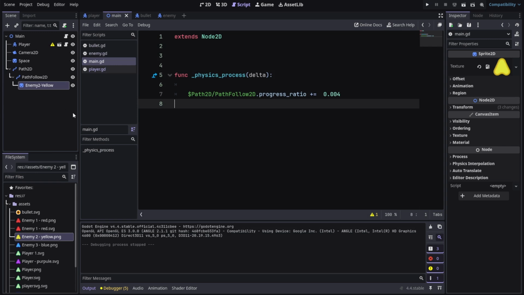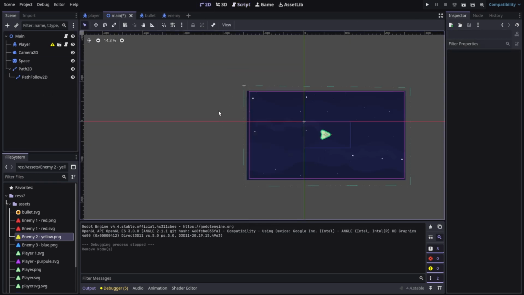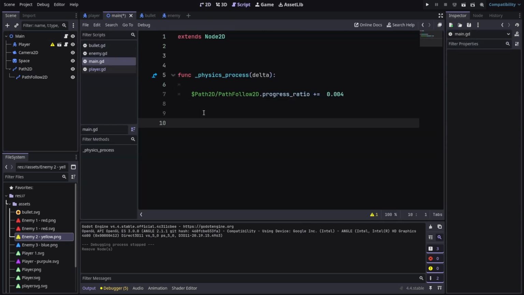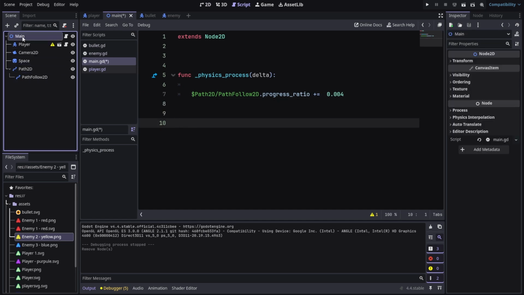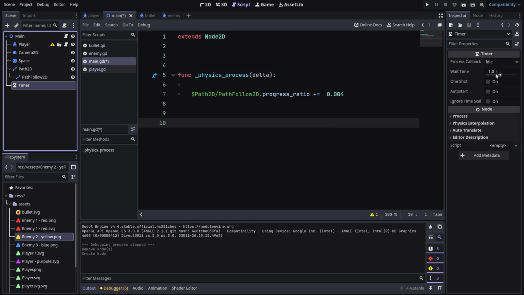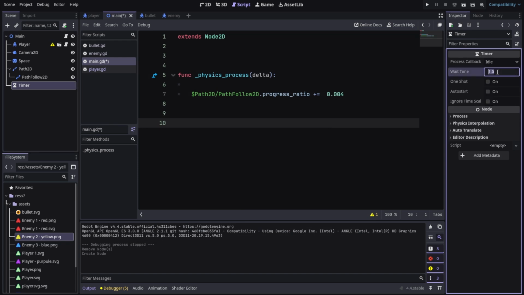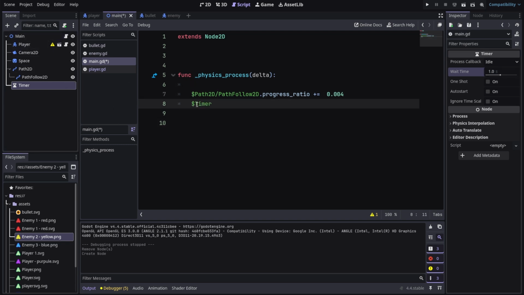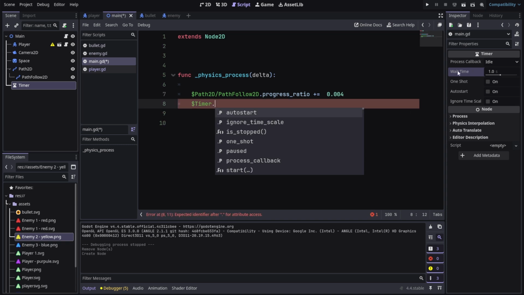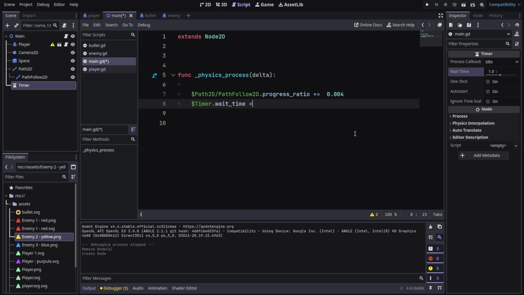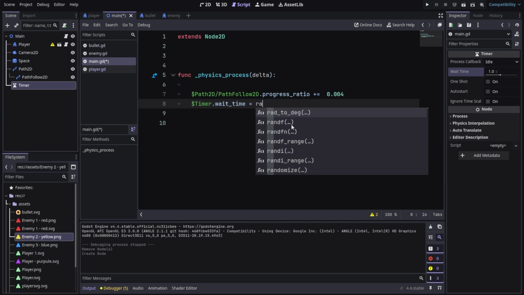So now that we got that done, we're just gonna remove this sprite we added temporarily. So now we're gonna add our enemies. Let's just create the functionality to spawn enemies. What we can do is add a timer, and we can give it a random time. We'll set up a random time for this in code. So let's go to main, and in this just reference the timer and timer.wait_time. This is the property wait_time, and I set it equal to a random range